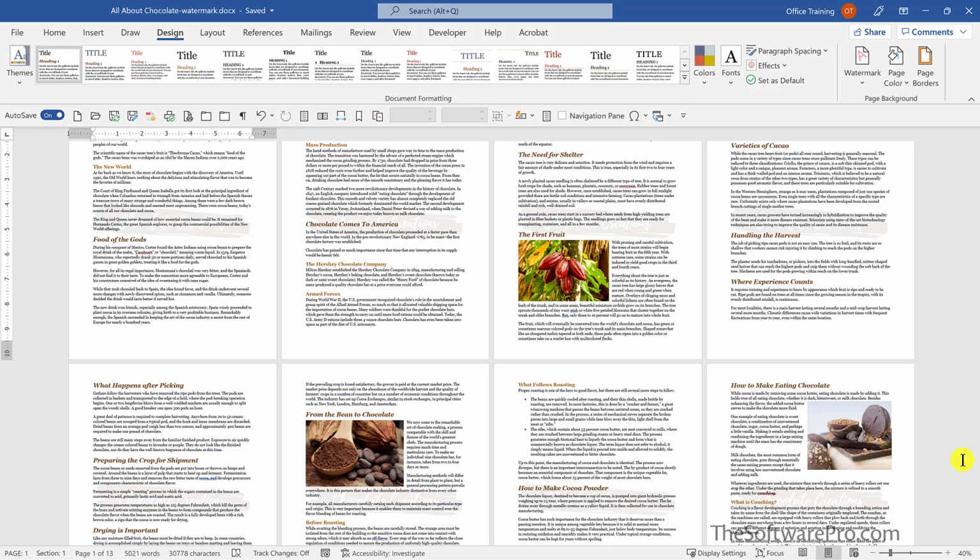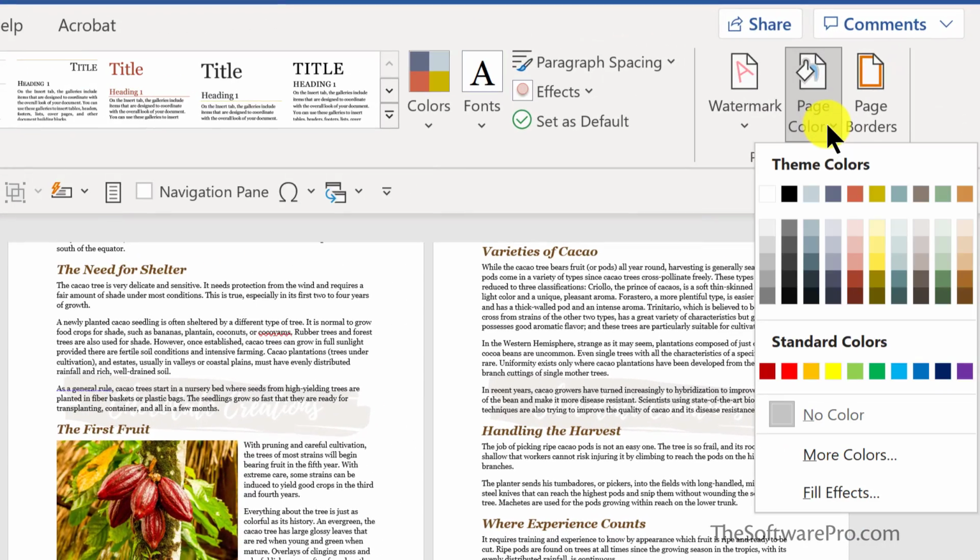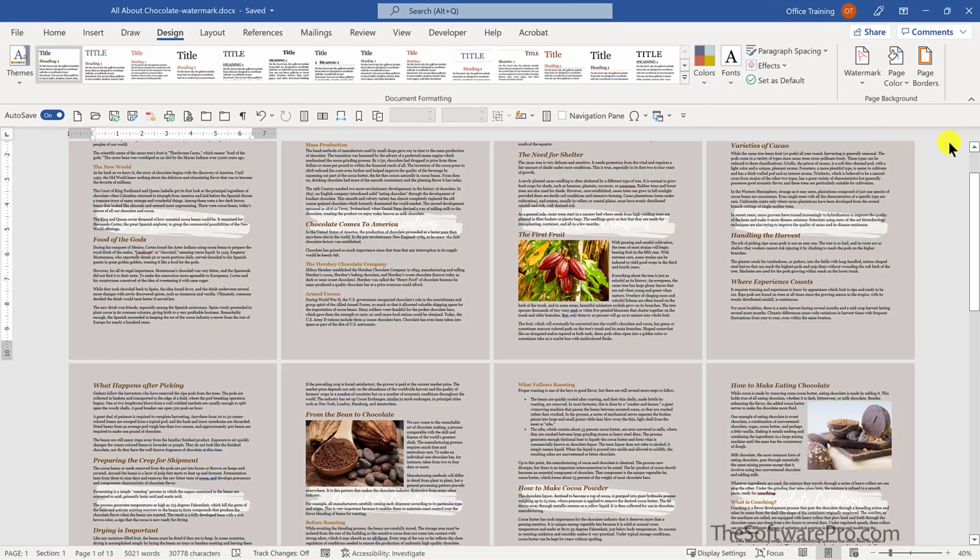Here's a bonus tip. If you want to add other page effects to a Microsoft Word document, including a solid background color, you'll find this under the Design tab in the Page Background group. But instead, we'll pick Page Color. Now I could pick a particular color here. This might be fine for a digital product, but I think we'll undo that